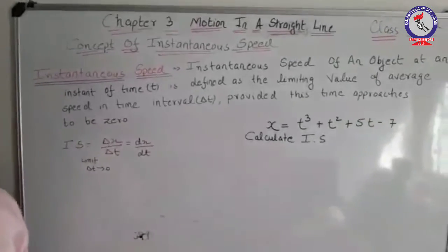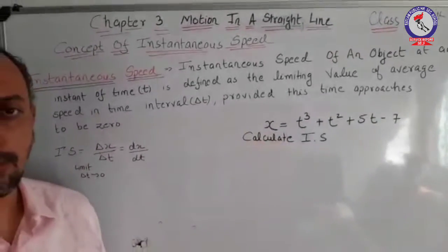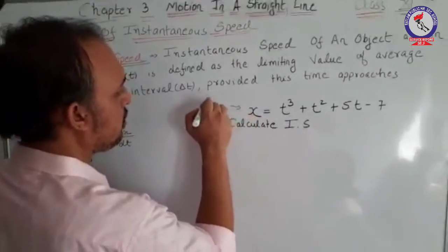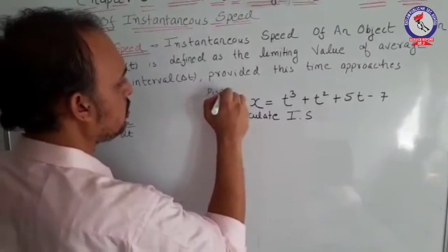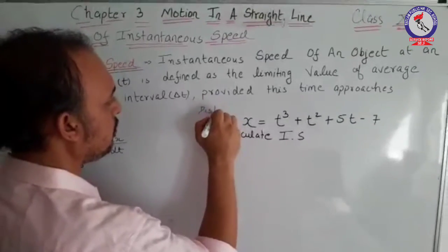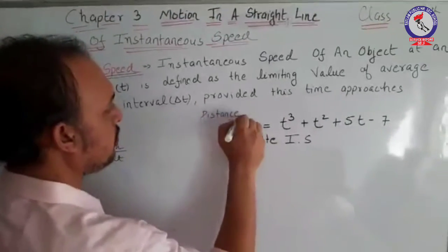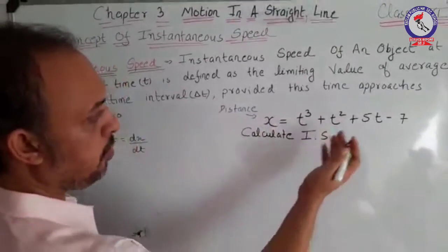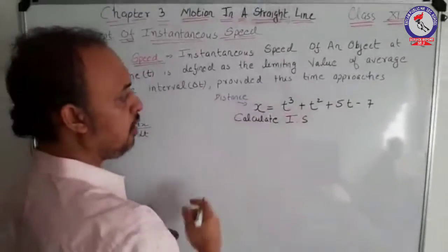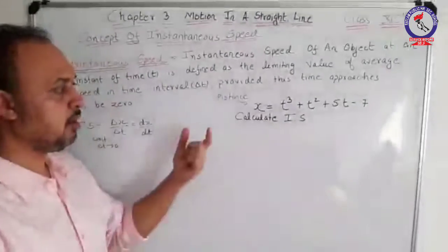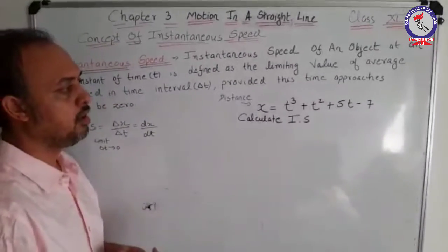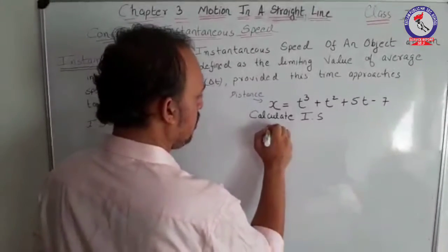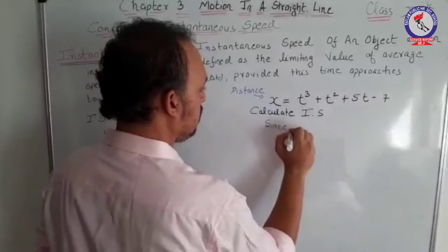Now consider this question in which an equation is given. Consider that x is representing the equation of distance: x equals t cube plus t square plus 5t minus 7, where t may represent time, but here it is a parameter. Calculate instantaneous speed. Going through the solution,